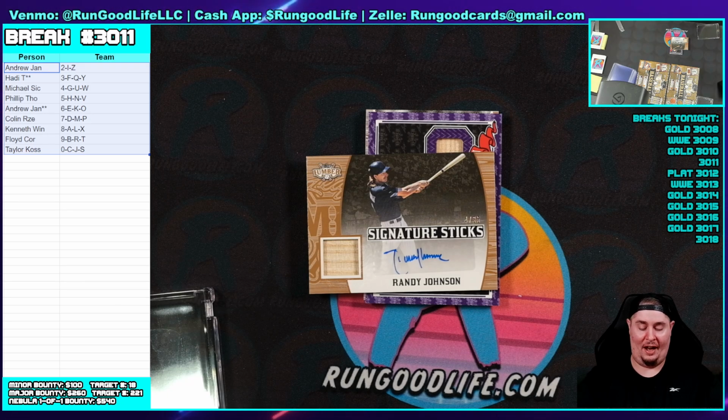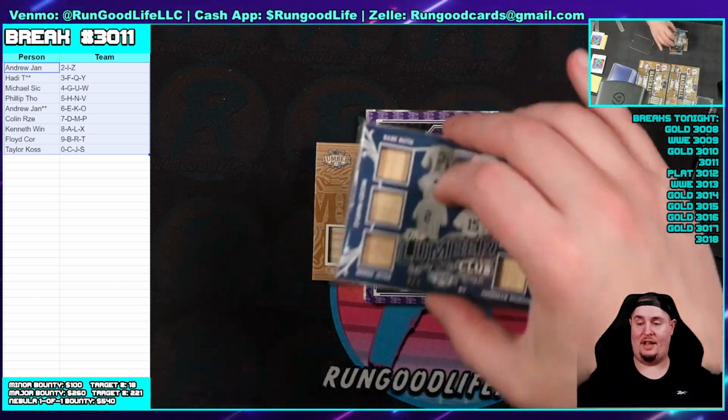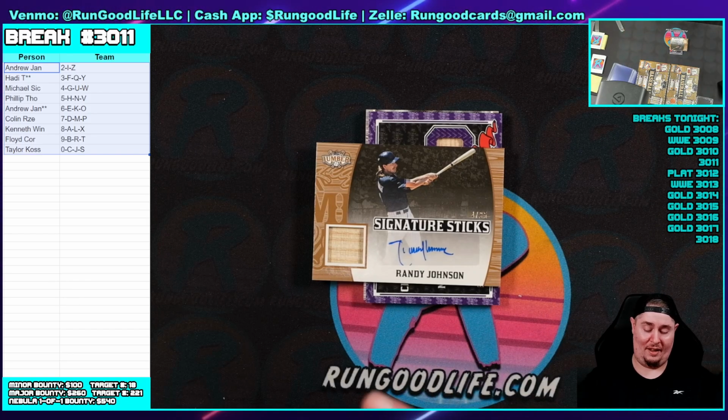That is kind of awesome. That is very awesome. Pitchers used to hit, yep. What is the back of the bat? Wait, what is the...